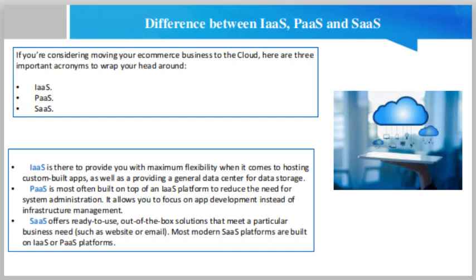IaaS, friends: cloud-based services, pay as you go, for services such as storage, networking and virtualization. PaaS: hardware and software tools available over the internet. SaaS: software that's available via a third party over the internet. On-premises: software that's installed in the same building as your business.